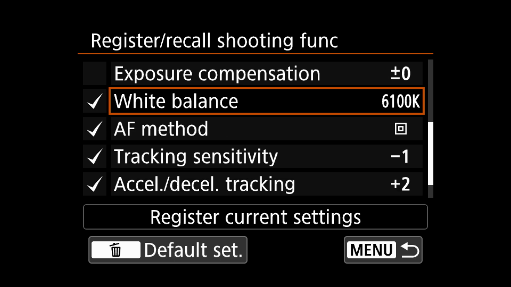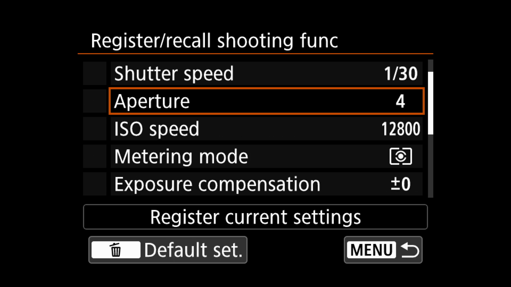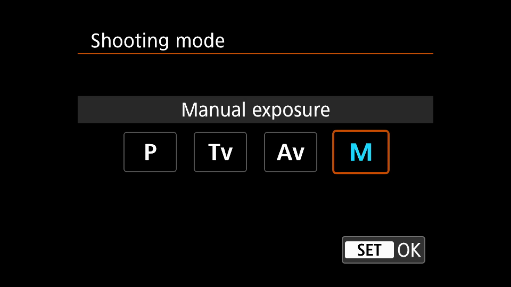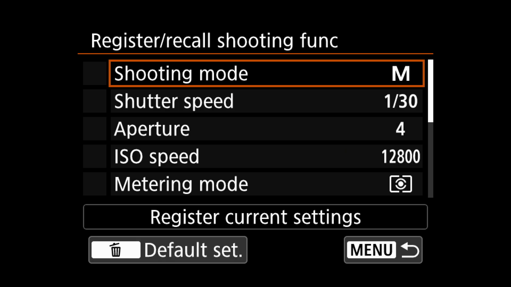But now let's get into that really quick and distinct exposure change from bright sun to shade, a bird flying very quickly, so you don't have time to change anything as far as moving your dials and all that kind of stuff. What we're going to do now is have this button initiate other things, including shooting mode, which is going to be manual,